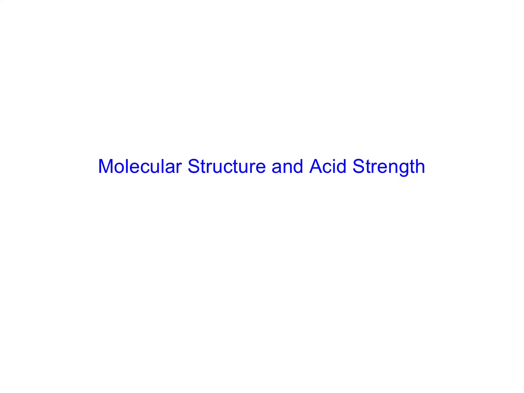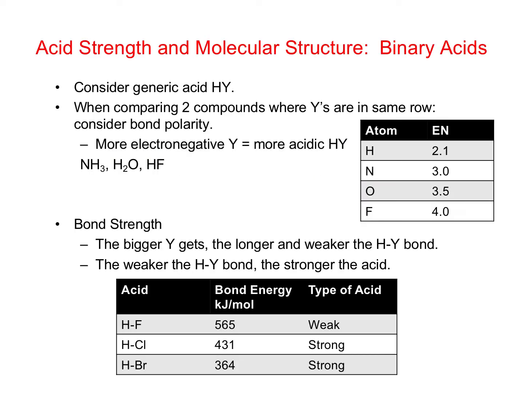In this video we're going to talk about the relationship between molecular structure and the strength of an acid. So let's first consider binary acids. Remember, a binary acid is just a hydrogen covalently bonded to a nonmetal. And we could have more than one hydrogen. For example, H2S would be considered a binary acid because we just have hydrogens covalently bonded to a single nonmetal